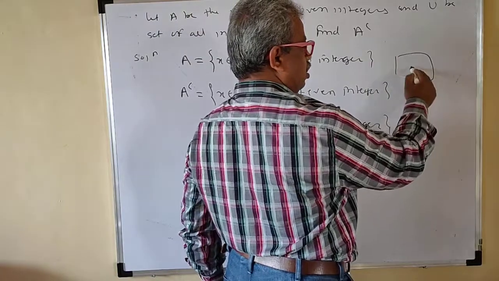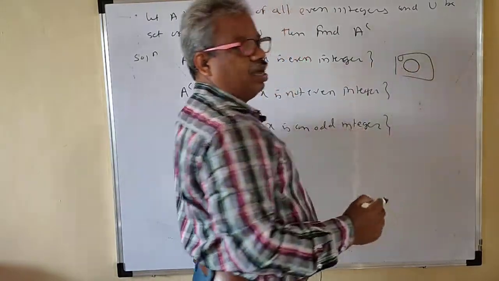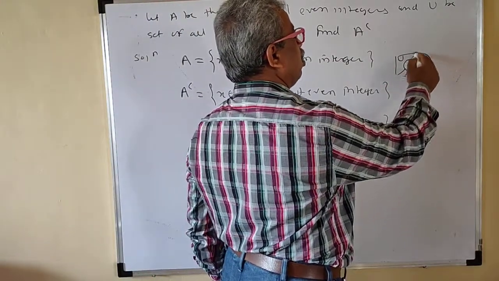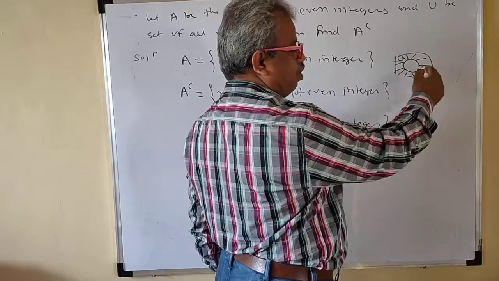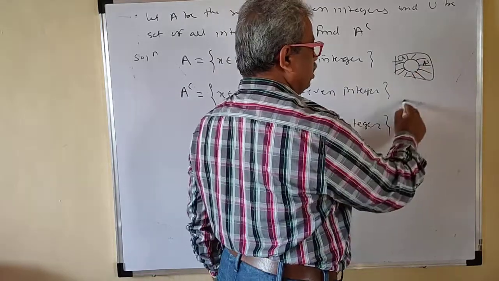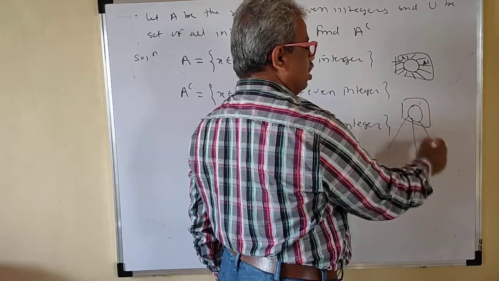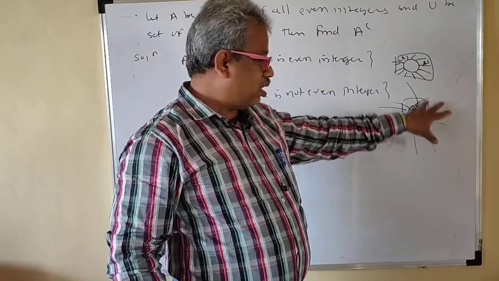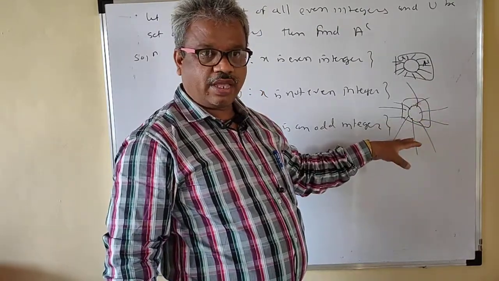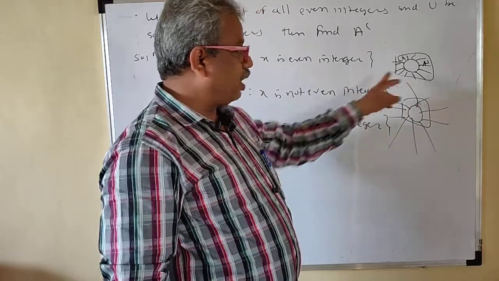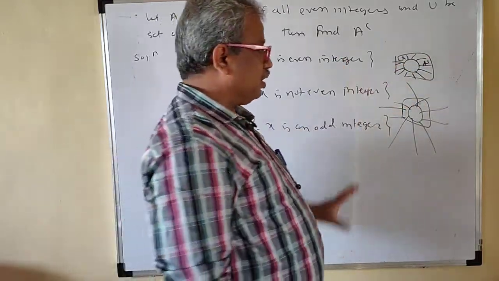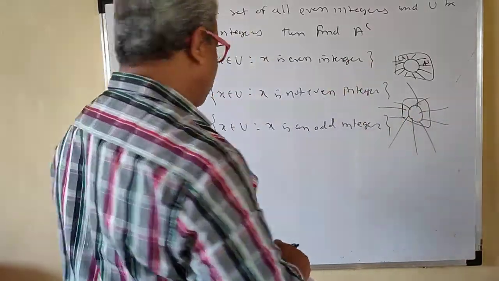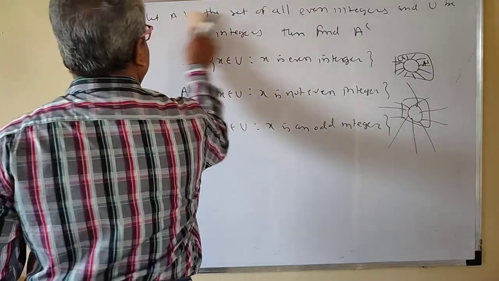Suppose this is your A set. To find A complement, you need the universal set. All the elements of this are nothing but A complement. Note that if your A is this, then this is not the A complement, because all these elements are outside A. A complement is bound to the universal set. Your element should be in the universal set and not in A. Universal set is very important for A complement.